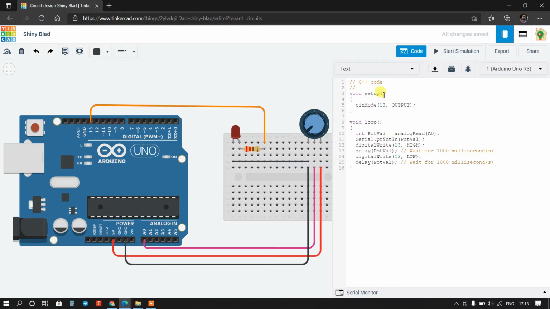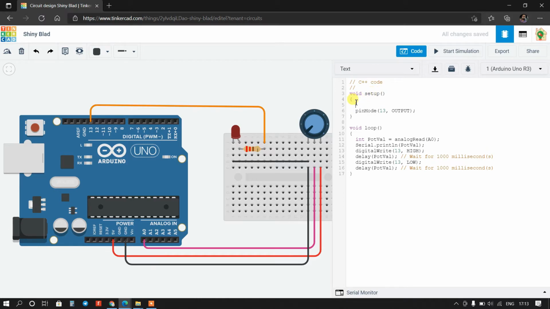Okay, and in void setup function I will initialize serial monitor, Serial.begin at 9600 baud rate. Okay, so I think now programming is completed.